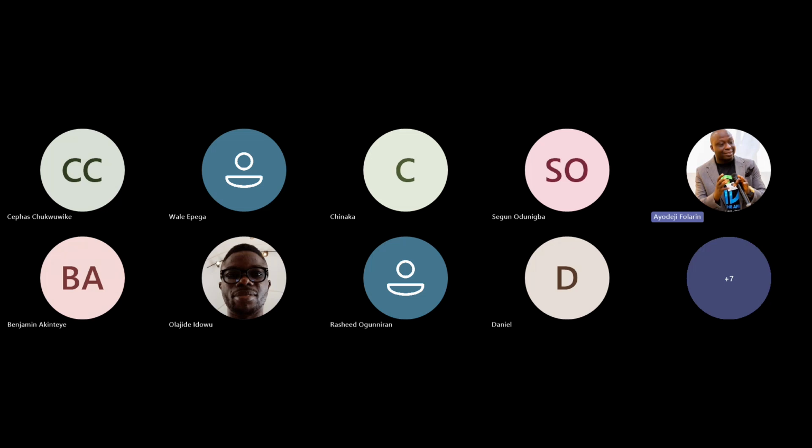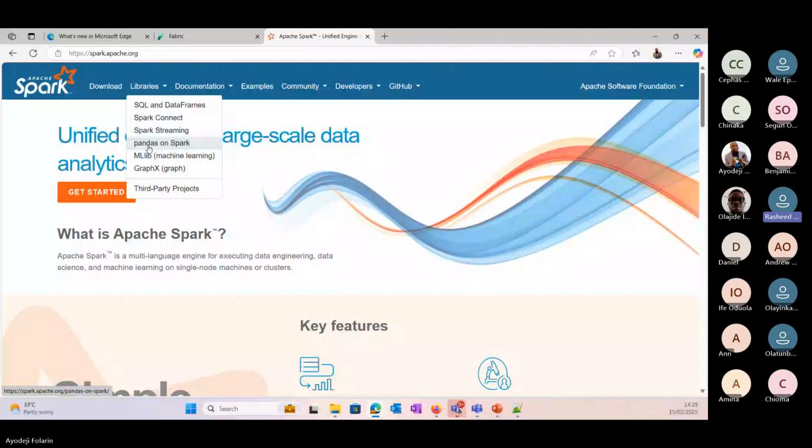Let me try to share the screen again. Okay, I'm trying to do that now. Confirm my screen is visible, please. Not yet. We're still waiting. Can anybody hear me? I can hear you loud and clear. It's loading. We can see what is Apache Spark.